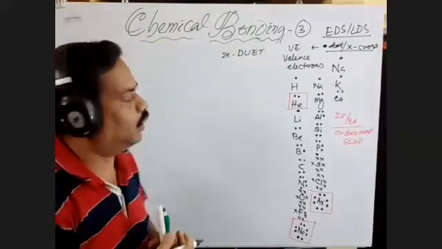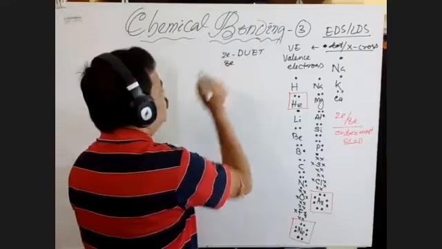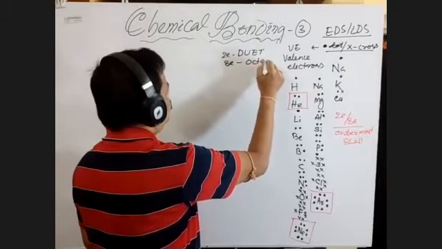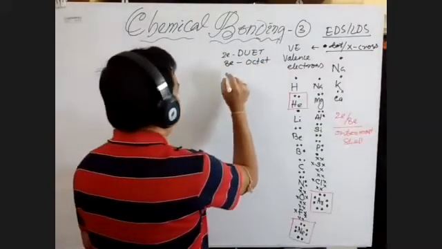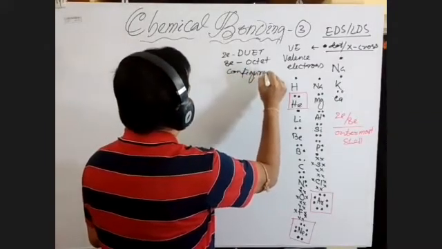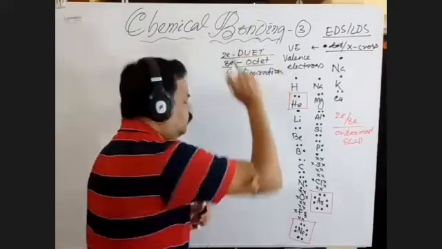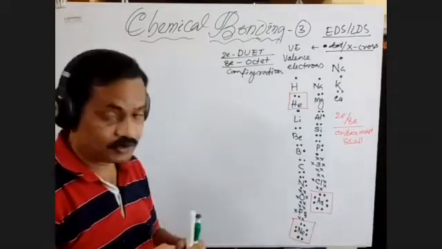And if 8 electrons are present in the outermost shell, it is called an octet configuration. All want to achieve either the duet or the octet configuration in order to achieve